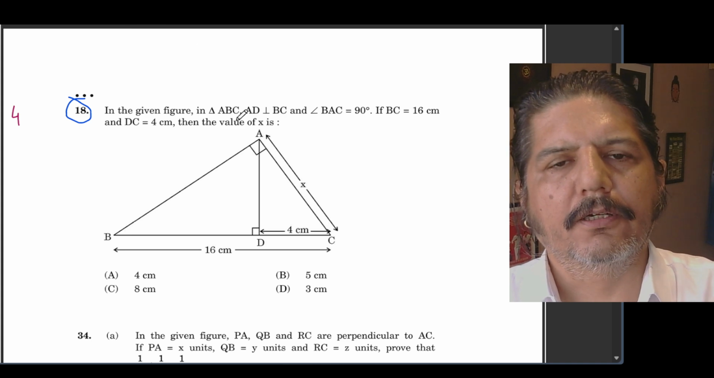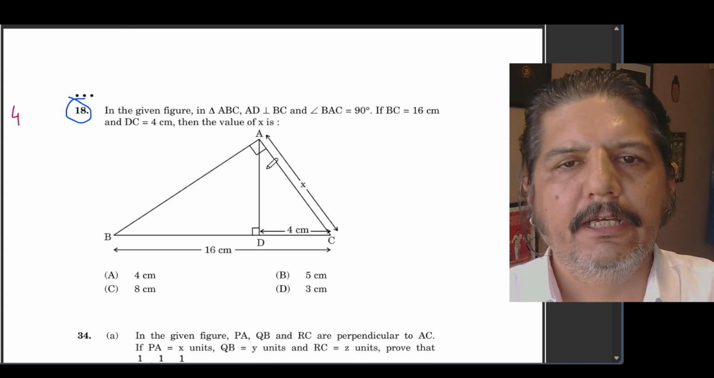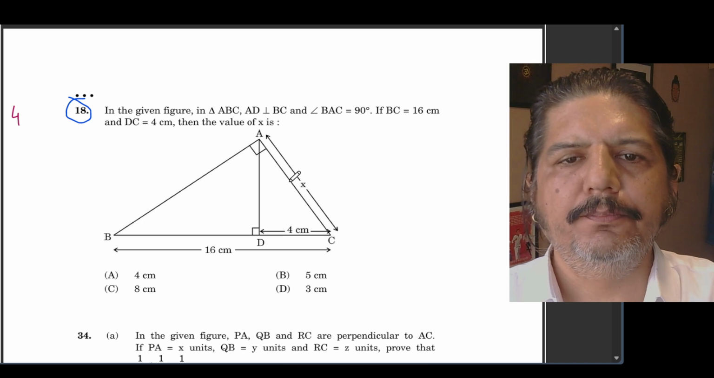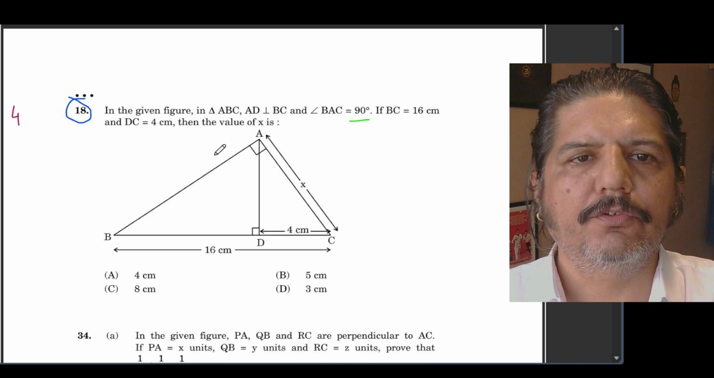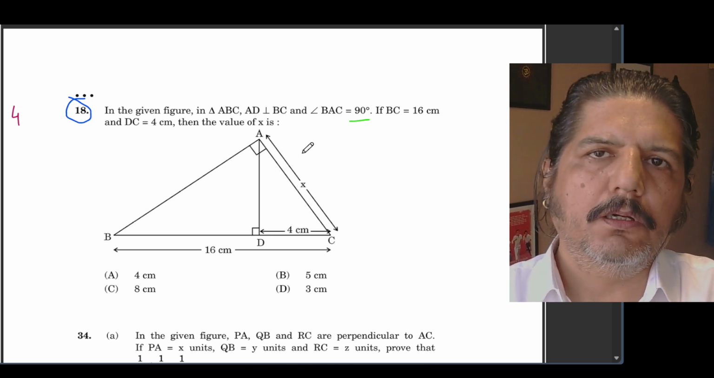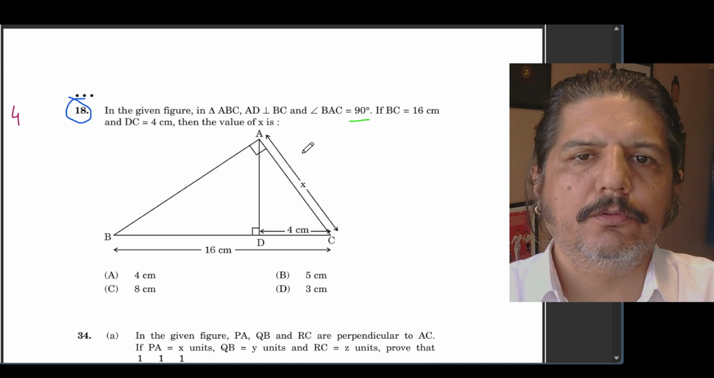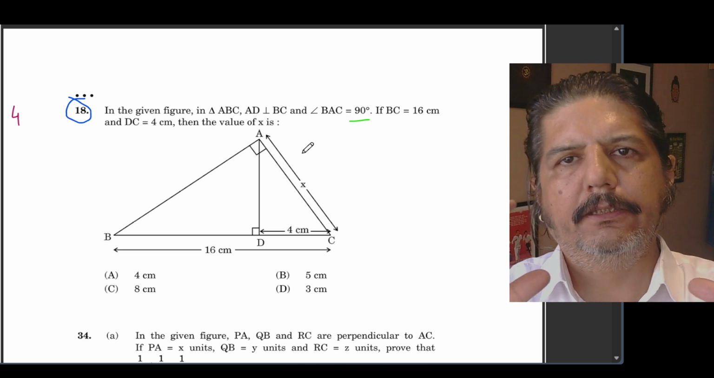So in the next question, triangle ABC is given. There's a big triangle ABC which is given. AD is perpendicular to BC, angle BAC is equal to 90 degrees, BC is equal to 16, DC is equal to 4, then find the value of x. So in all these triangles, I always suggest to my students that you can clearly separate the two